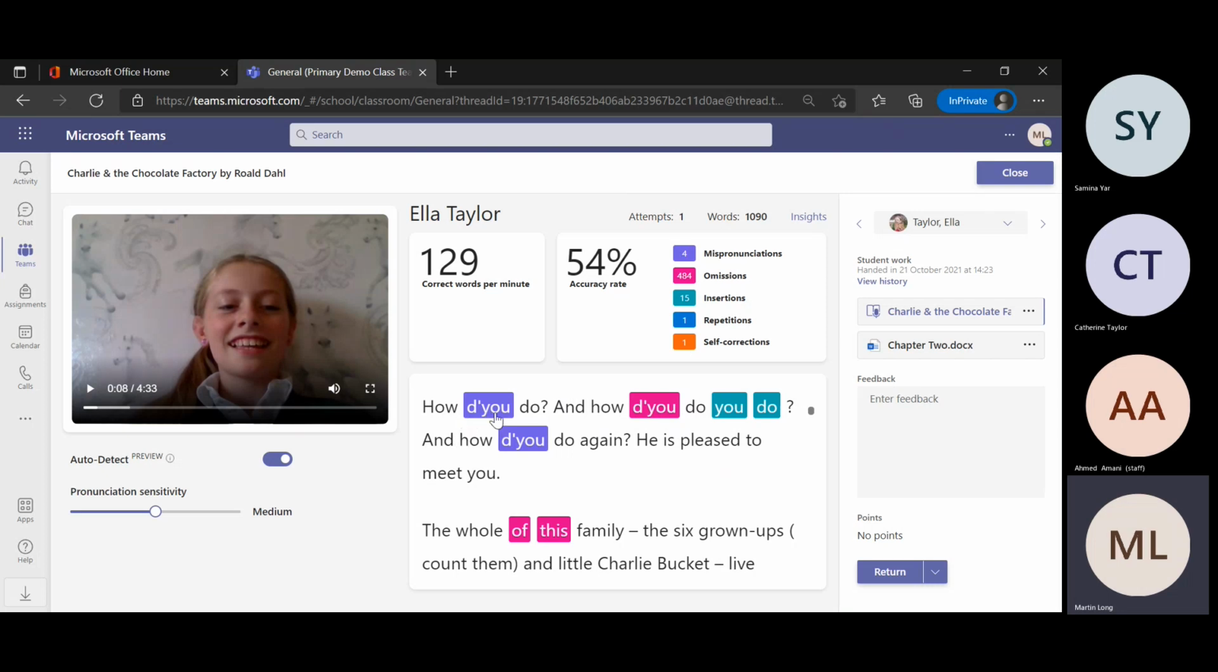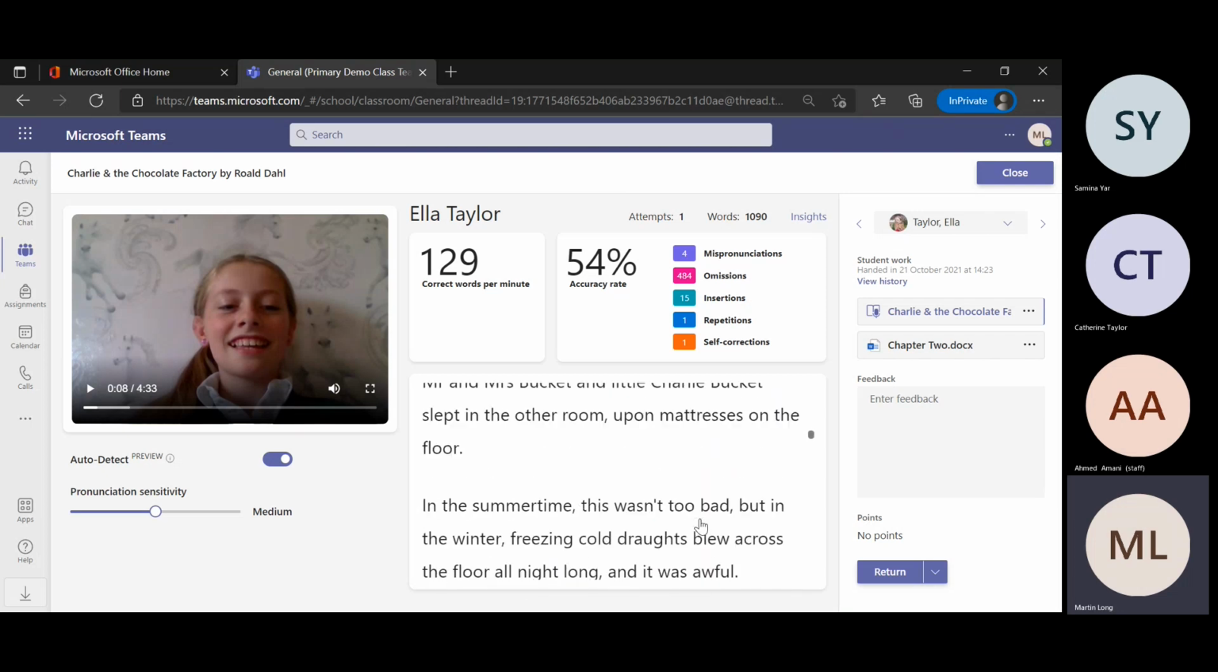This word here has been mispronounced, so maybe I need to work on that or get them to work on that. I can change that if I want. I can edit the text. I can jump to different words. But what I can do is go through and understand, is this representative of this pupil from what I know